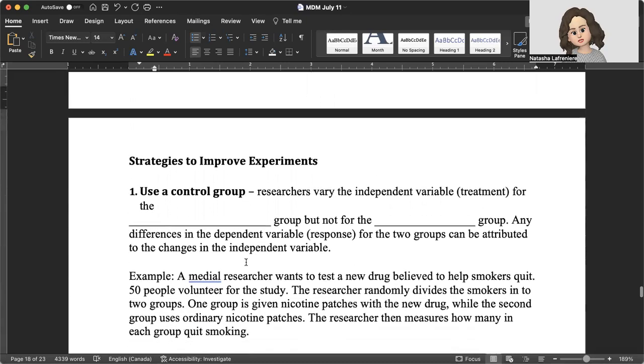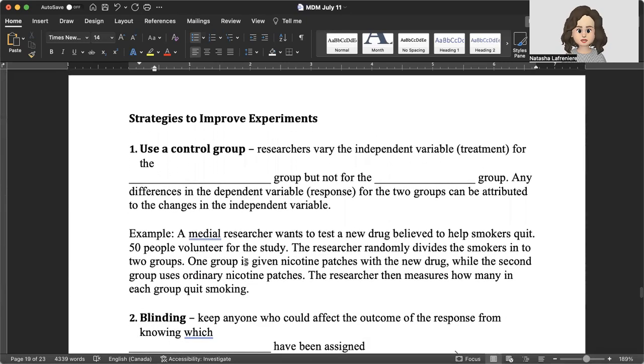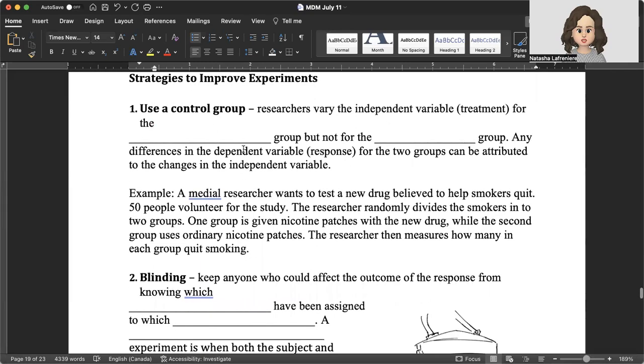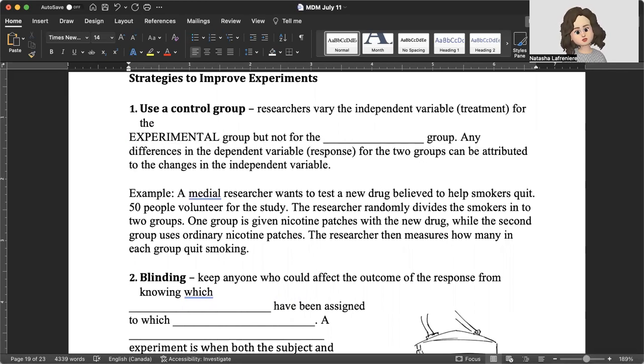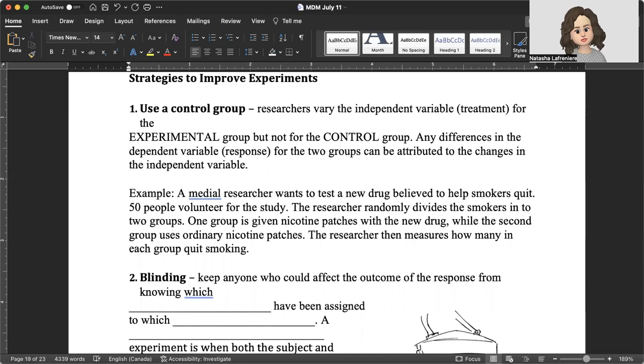Okay, so we have strategies to improve experiments. So use a control group. Researchers vary the independent variable for the experimental group, but not for the control group. Any differences in the dependent variable for the two groups can be attributed to the changes in the independent variable. So for example,